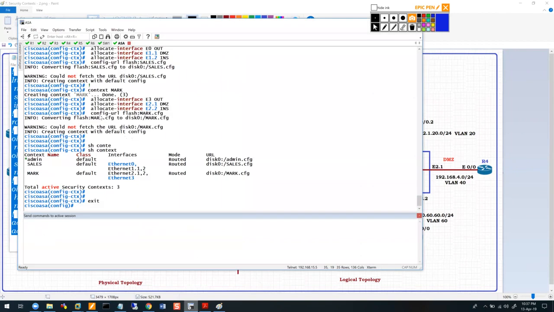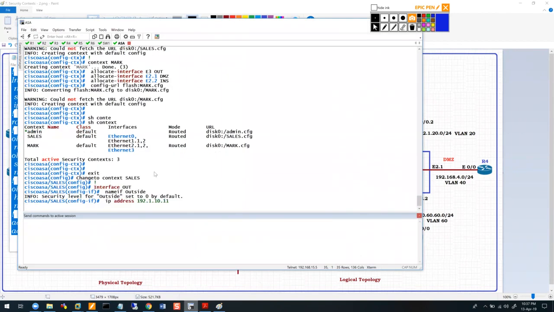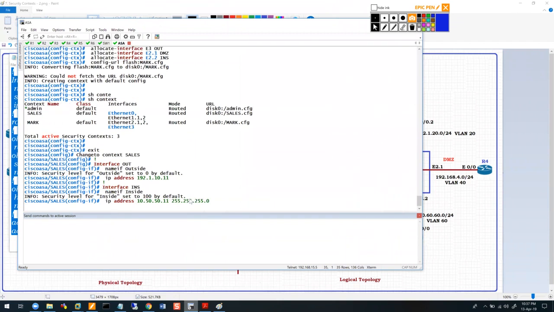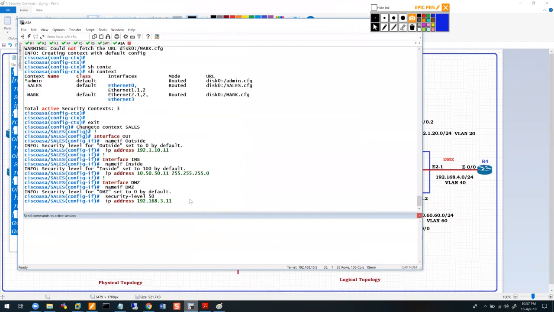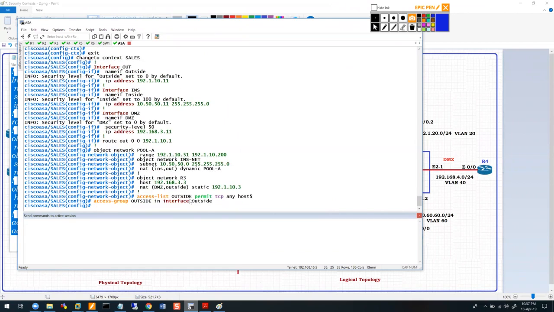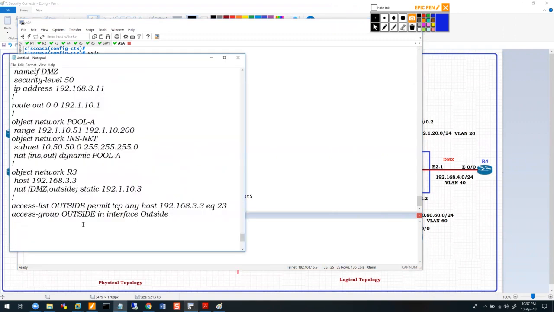Copy it. We'll change the context, create the interfaces, all 3, and NAT is done as well. Now for the second one,